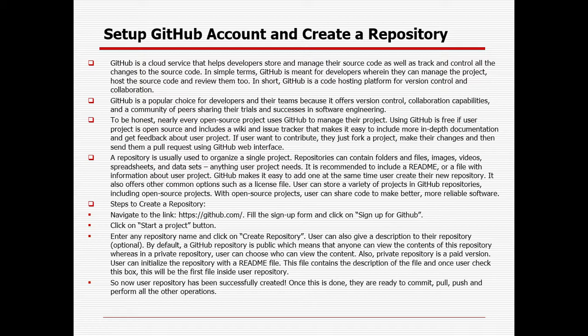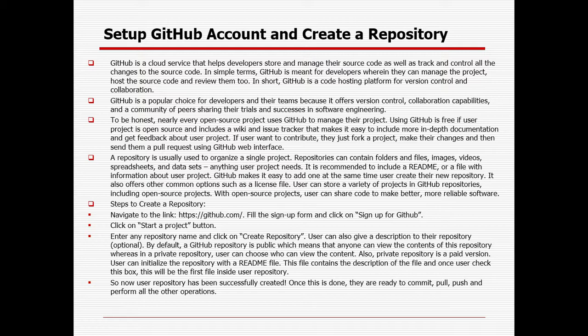A repository is usually used to organize a single project. A repository can contain folders, files, images, videos, spreadsheets, and datasheets, anything the user's project needs. It is recommended to use a README file with information about the project. GitHub makes it easy to add one at the same time the user creates a new repository. It also offers other common options such as a license file.